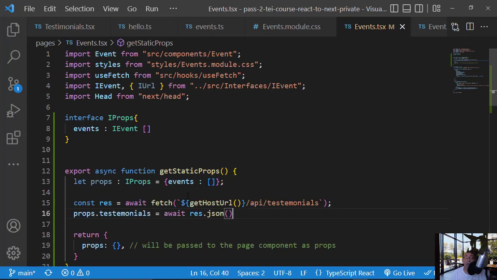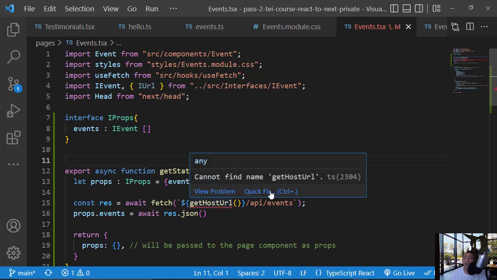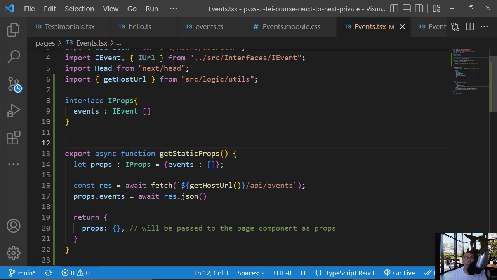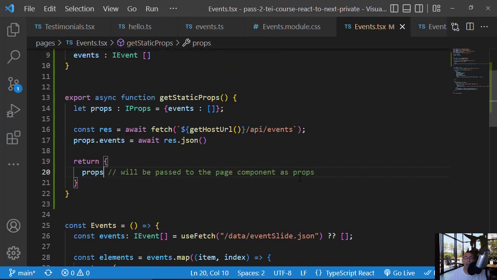Okay, so we will use here events, Control D, events, we will import it, quick fix, remove this, and use